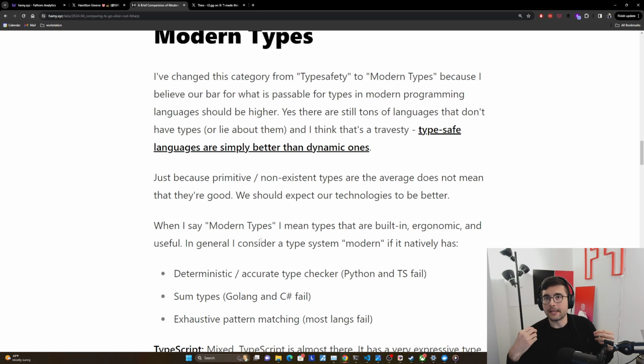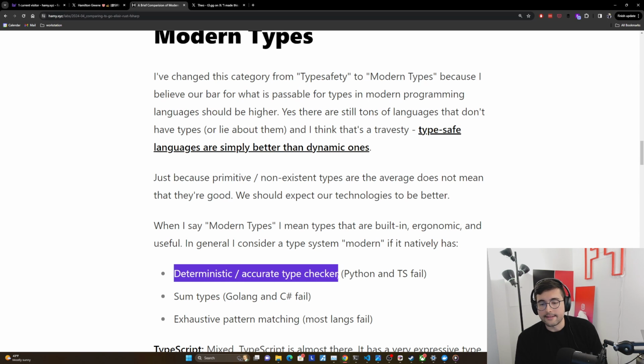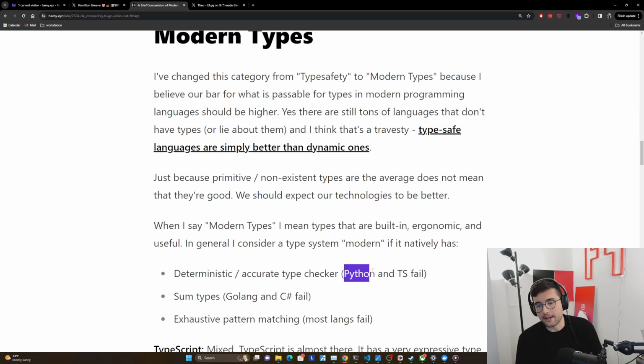Okay, we shouldn't be able to lie to ourselves, because the problem is if we say something is something and we start to trust it, but it's a lie, we end up in potentially a more dangerous place than if we just told it like it is and said we don't know what this thing is. Things like this maybe seem very simple, but when we look at things that say they have types, a lot of them fail. Python would fail at this and TypeScript would fail at this, as we'll talk about in a minute.